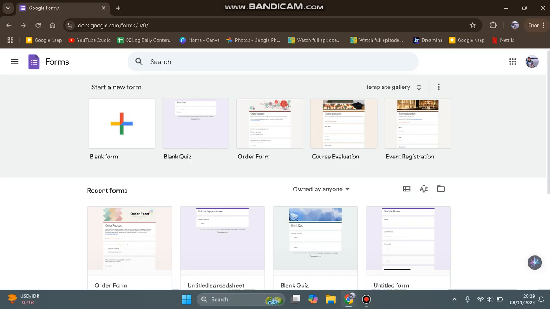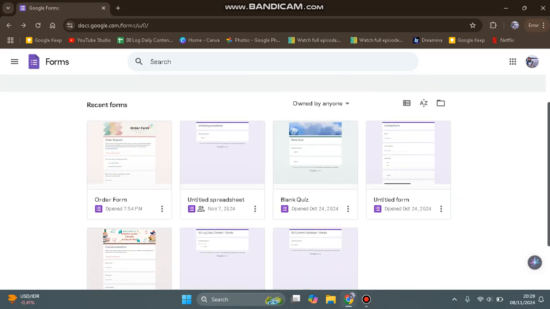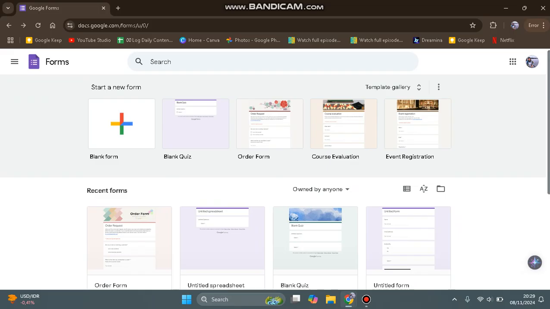On today's tutorial, I'm going to show you how you can create student assessment forms. So here I'm going to create one using the Google Forms. If you are a teacher and you want to create assessment from your students, for example, you can just use a template from Google Forms. You can just open